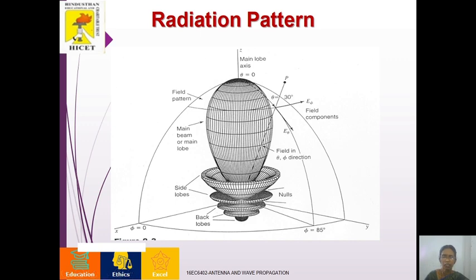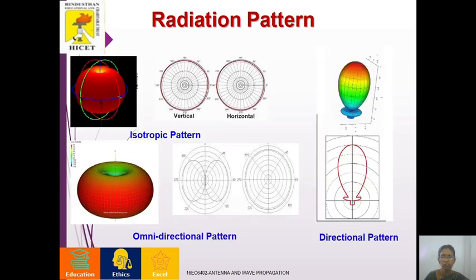Accordingly, we can have the radiation pattern defined for three basic forms of the antenna. One being isotropic radiation pattern, second omnidirectional pattern, third directional pattern. In isotropic radiation pattern, in both vertical and horizontal directions of observation, there will be equal radiation in all directions. The locus traced by the electric field lines is going to be a circle both in the vertical and horizontal directions of measurement. This isotropic radiation pattern is an ideal antenna radiation pattern.